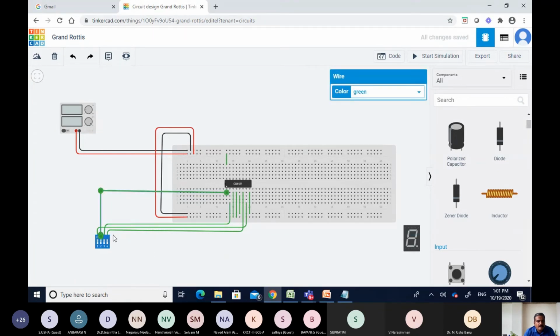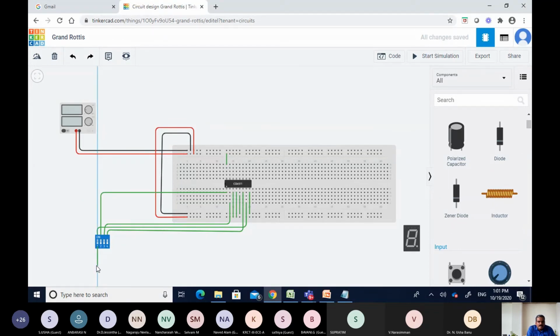So these 1, 2, 3 and 4 should be connected to the positive lines, so that all of them get the supply.